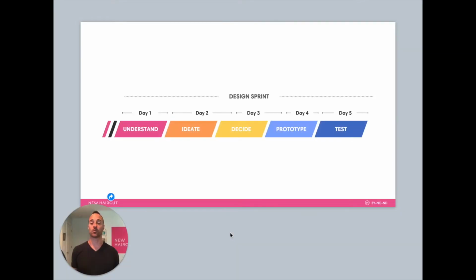Okay, so today's question is, when should we run a design sprint? If you're new to sprints, you should totally stop and Google design sprint and read up on it. There's lots of information out there on it. My short answer to what it is, I call it an innovation framework. It's this highly structured recipe that borrows a lot of the principles from design thinking.